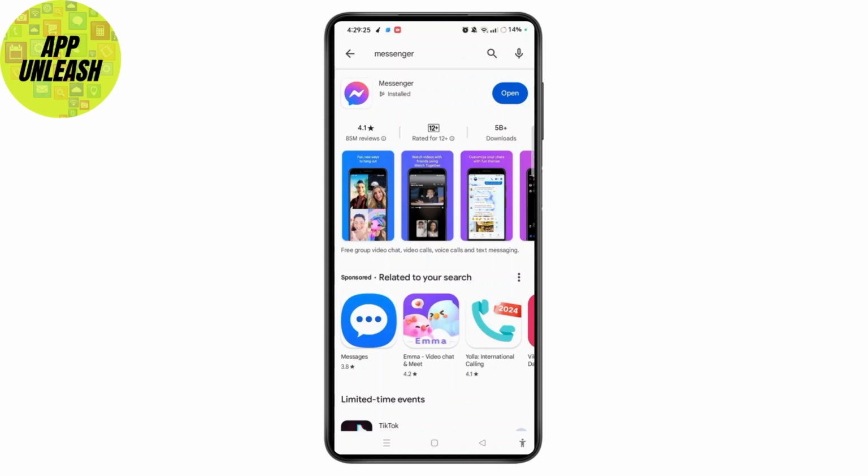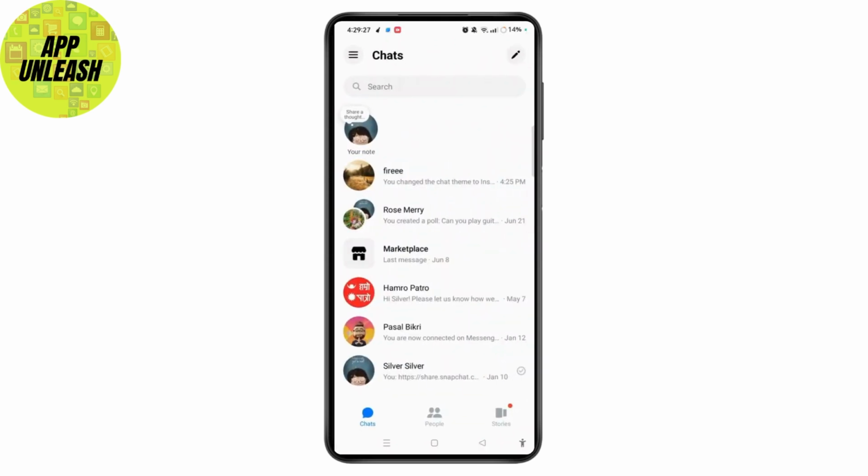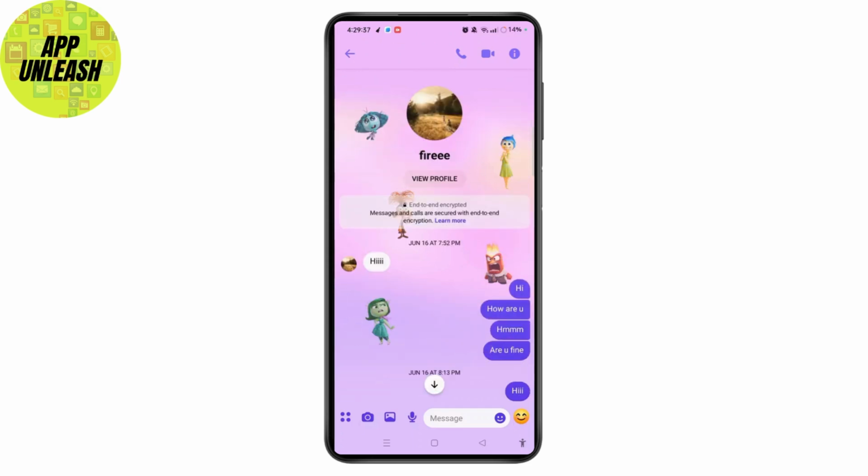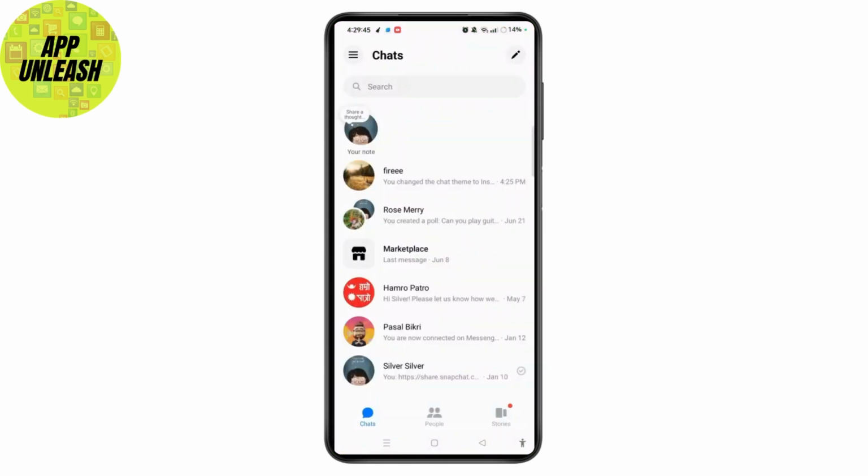Once done, open the Messenger app and log into your account. Let me open any particular chat and show how the end-to-end encryption looks like. When you scroll to the top, you can see end-to-end encrypted. So in order to turn it off, you need to simply come back and exit from this chat and